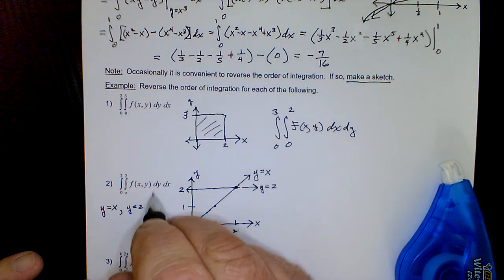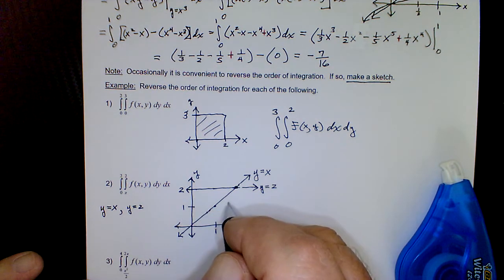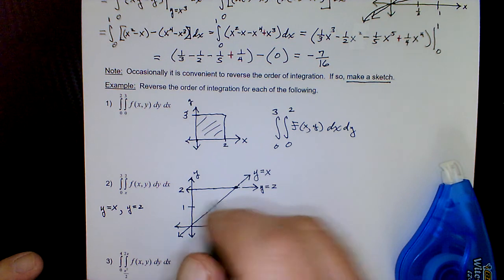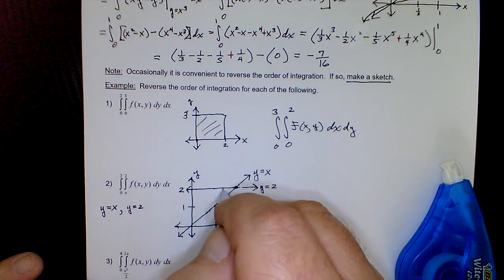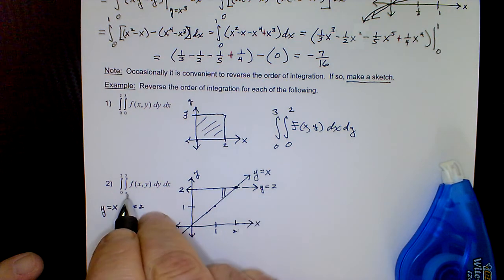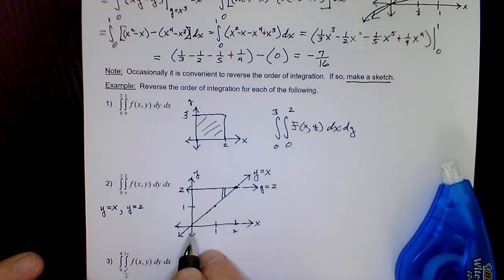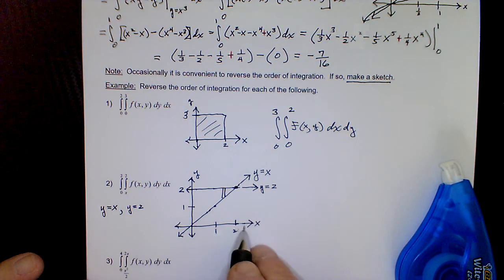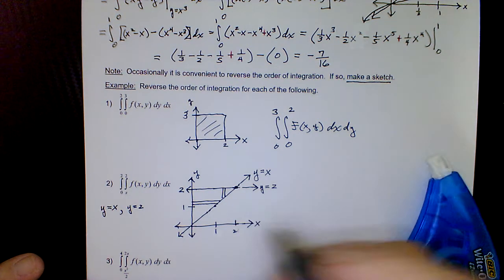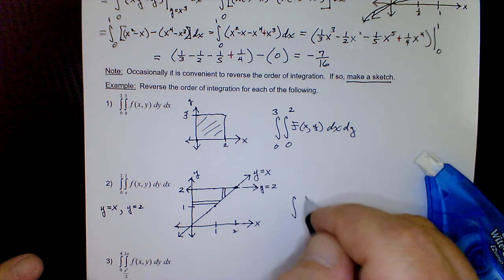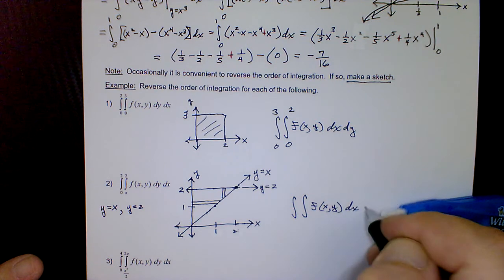Now, these limits are set up with regards to, I'm sorry, vertical strips. So something like this. That's how the given is, from x, lower limit, to 2, upper limit in terms of y, and then x ranges, because it's the outer, from 0 to 2. We want to change to horizontal strips. Okay, so now the double integral of whatever that function is, if we do x first and then y,